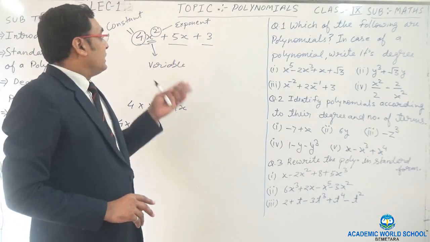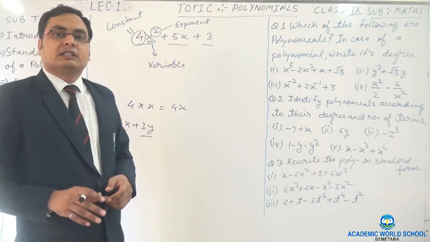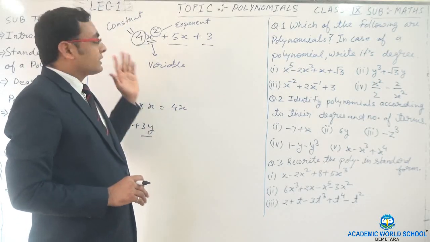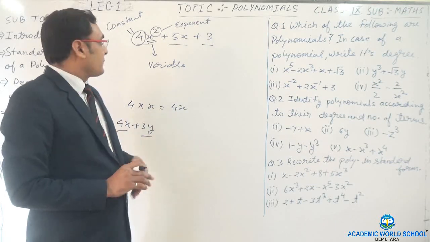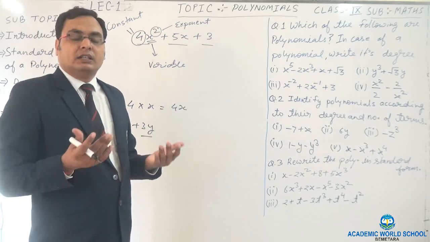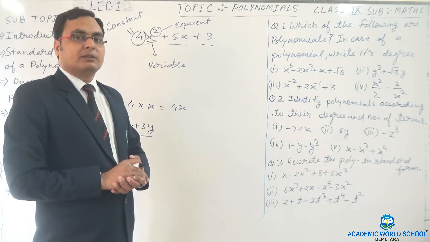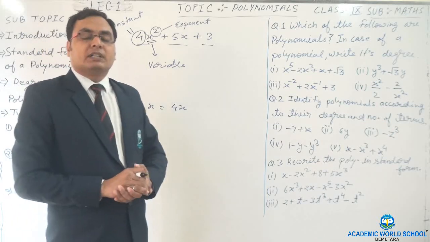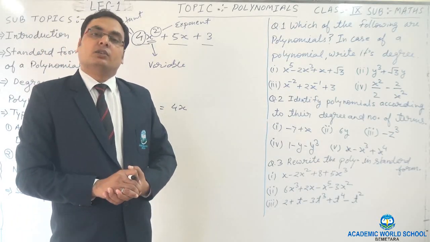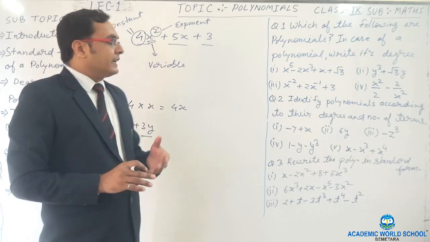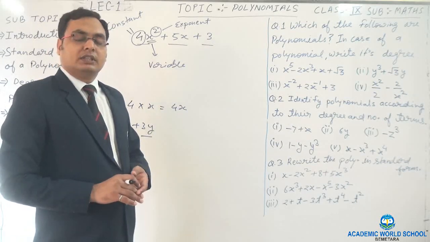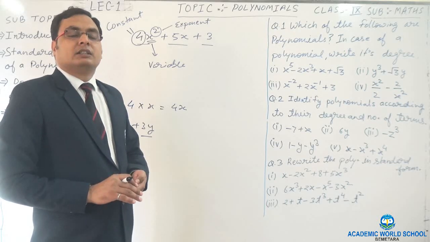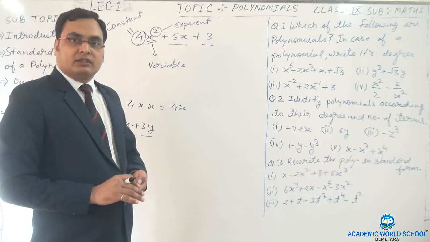Now, we may have polynomials of different degrees. In these parts, the constant may be any real value. Variables, we may choose an infinite number of variables in a polynomial, there is no limit. But in exponents, we must have values in whole numbers. Either the exponent may be 0, 1, 2, 3, like this. It cannot be a fraction, it cannot be a negative number.